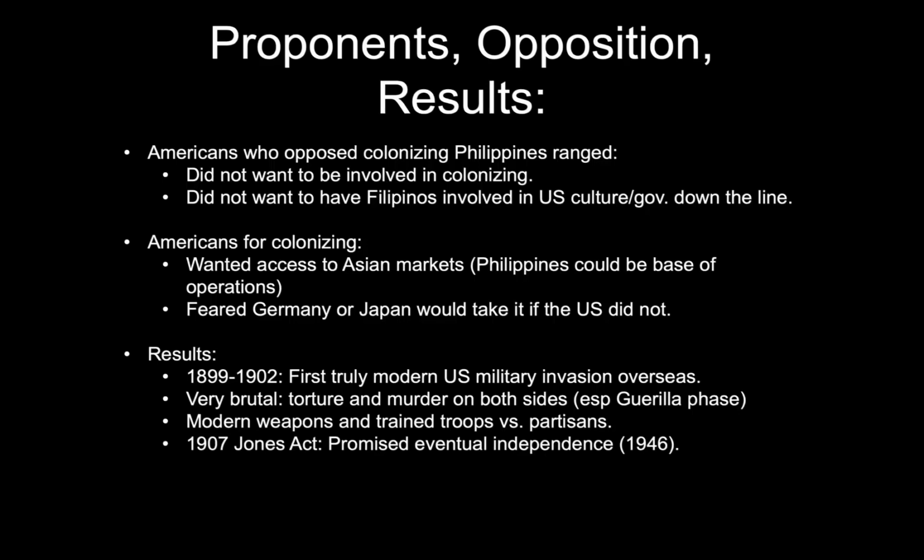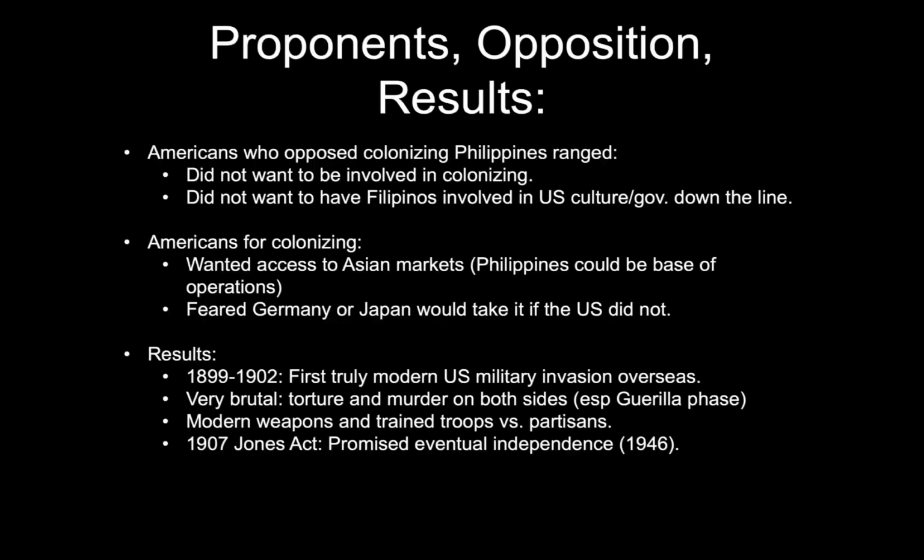And we have this 1907. There's this thing called the Jones Act, and the Jones Act says the Filipino people will one day get their independence, and that's going to be 1946 when that actually happens, which is after World War II. And the Filipino people do kind of have their independence, but they're still basically part of the United States sphere of influence. Okay, the United States doesn't give them full independence. What kind of colonizer would we be? What kind of superpower would we be if we let the Filipino people be completely free? I mean, come on.